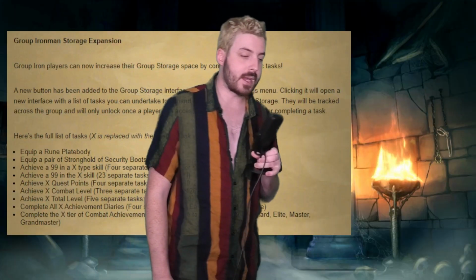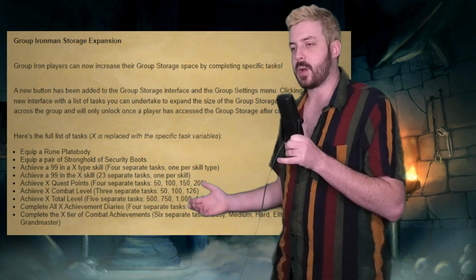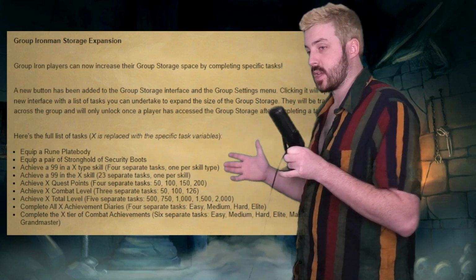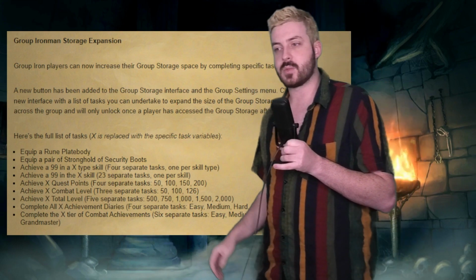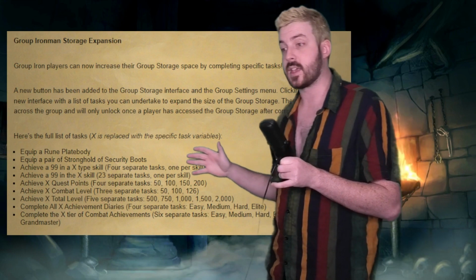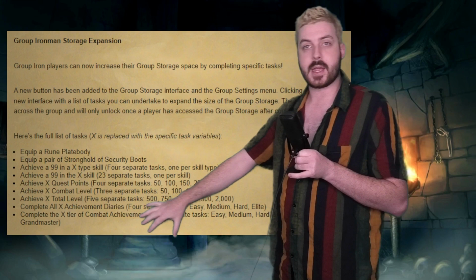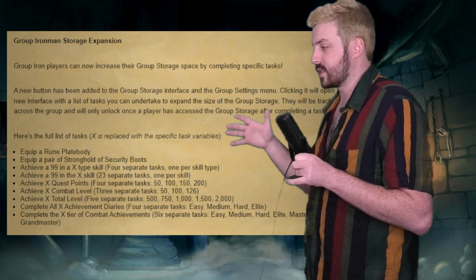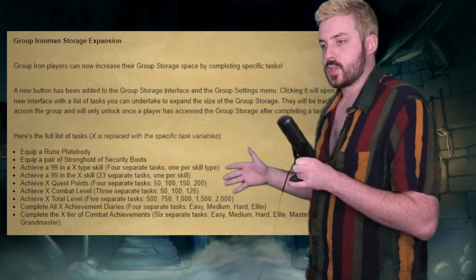However, a bigger update again for Group Ironman. That's what most of this week is about. For those who don't care, it's fine, but I do play a lot of Group Ironman, so this does matter to me personally more than most, I would say. But yeah, there's a storage expansion which is unlocked through a bunch of tasks, which I think is sick. I love the way they've utilized playing the game as it should be played, or at least utilizing content that Jagex has produced for us, and in return we can get more